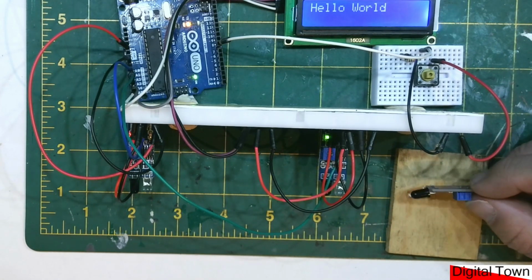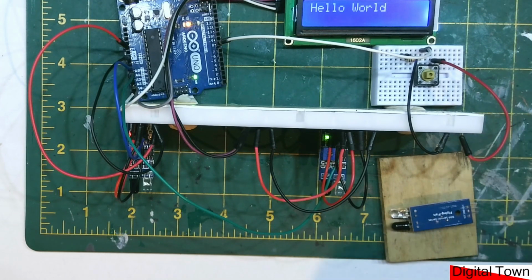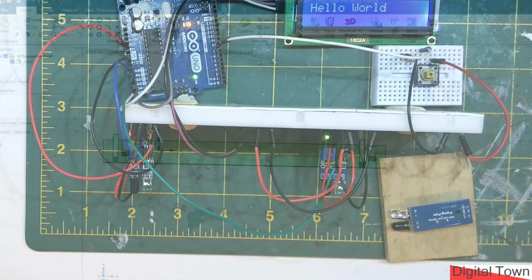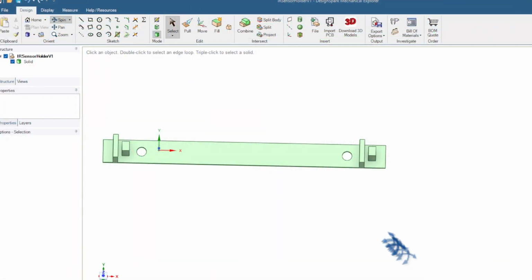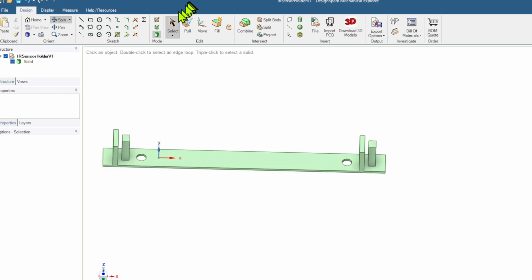Now, if I was building this project, I would use a 3D mounted enclosure. So let's just show you what I mean by that. So this is the software that I use for designing my 3D stuff. And what I would do is mount the sensor in here. So if you like, the sensor was clipped in between these two pegs here. Now, obviously, because I'm doing this on a 3D printer, I can get the distances between those points to be extremely accurate. However, if you're doing it by hand,